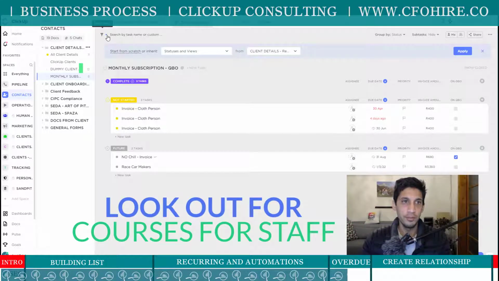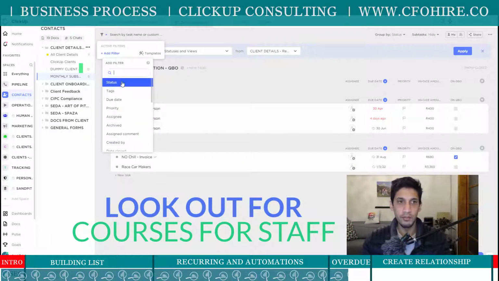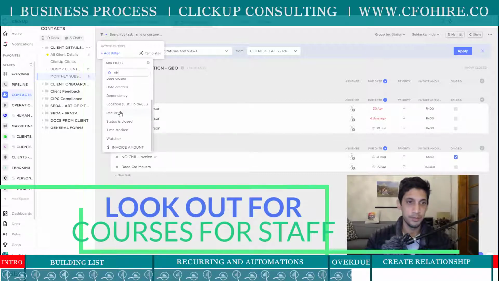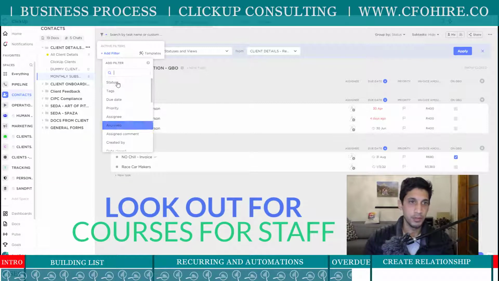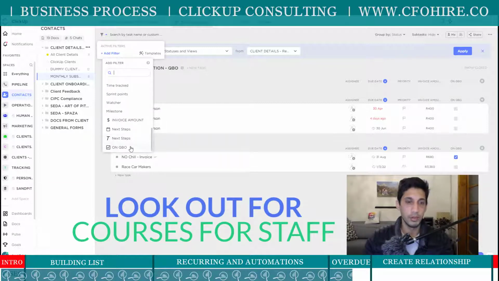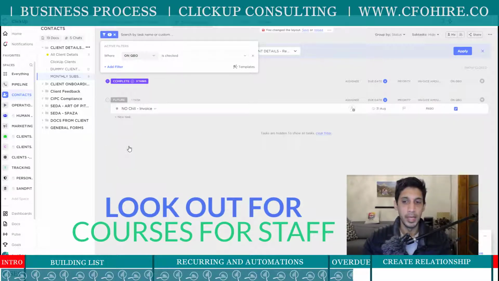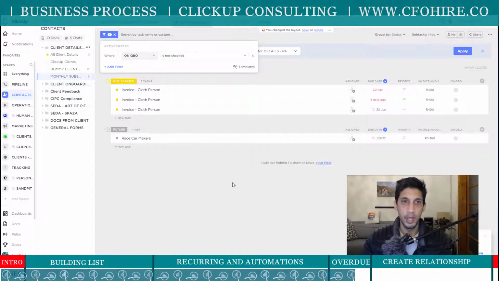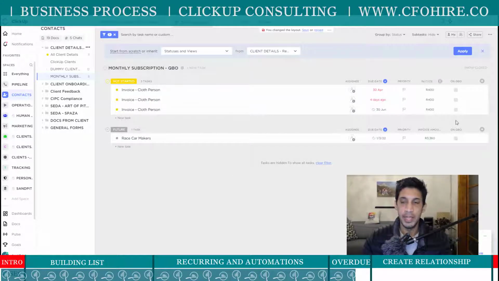So let's filter, and the way we're going to filter this is we're going to look for that checklist, and the checklist is a custom field. So that's the custom field we're looking for, which is a checklist. Let's see what we're looking at. I'm looking for on QBL. So I'm looking for this one here, and I'm looking for everything that is not ticked, so not checked. All right. What happens then is I get everything that's not ticked,